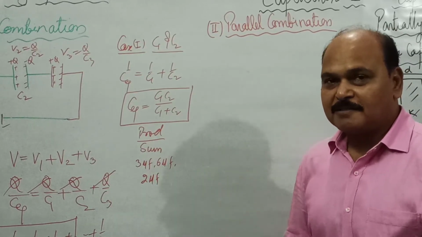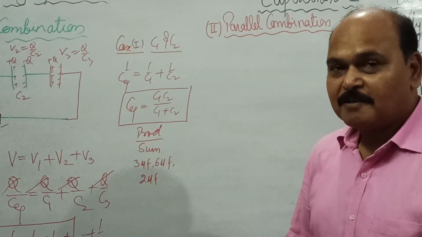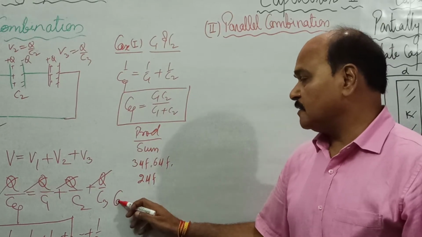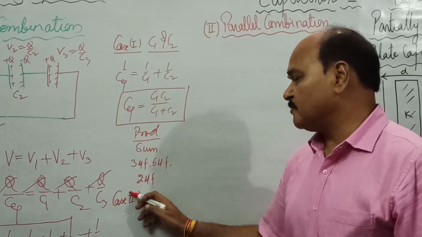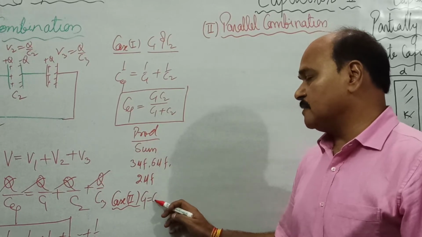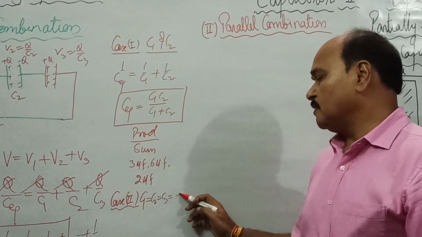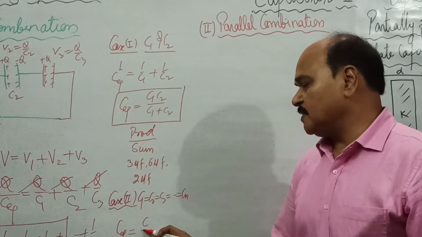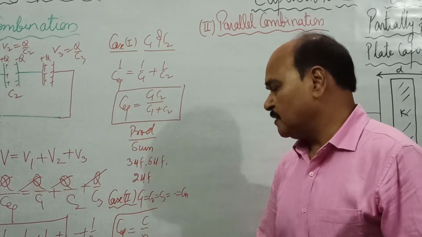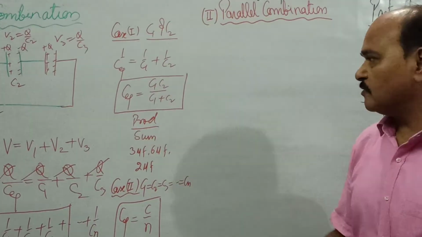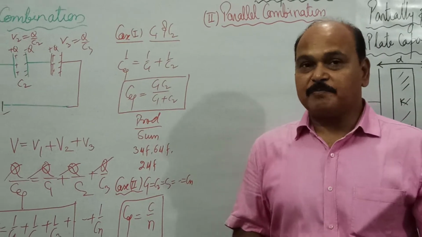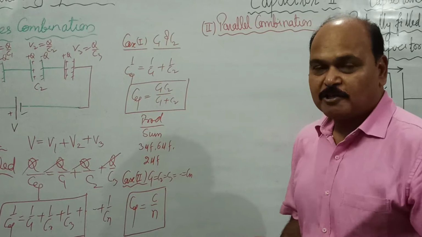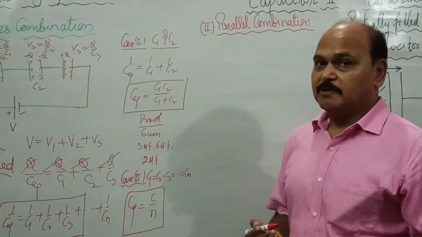So for two capacitors connected in series, you have to use the result of equivalent capacitance as what? Product upon sum. And the other result, which is again very important and very simple, is what? If all capacitors are identical, C1, C2, C3 and so on, then what is C equivalent? C equivalent is going to be C upon n, value of 1 divided by their number. So remember these two results. For two capacitors, the equivalent is product upon sum, and for n number of identical capacitors, the equivalent is value of 1 divided by n, their number.